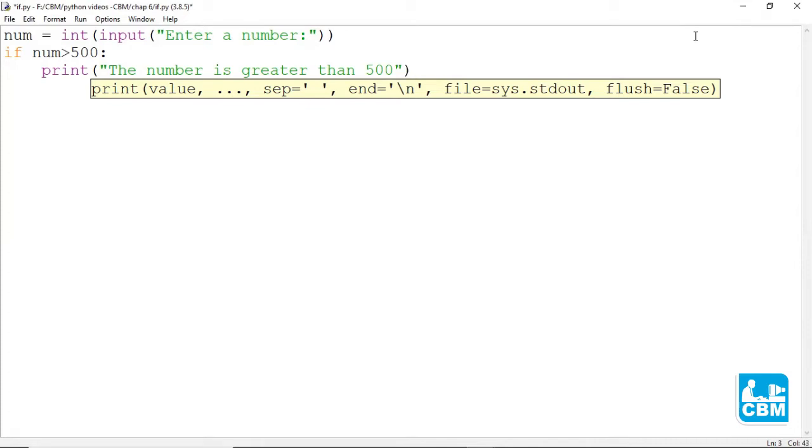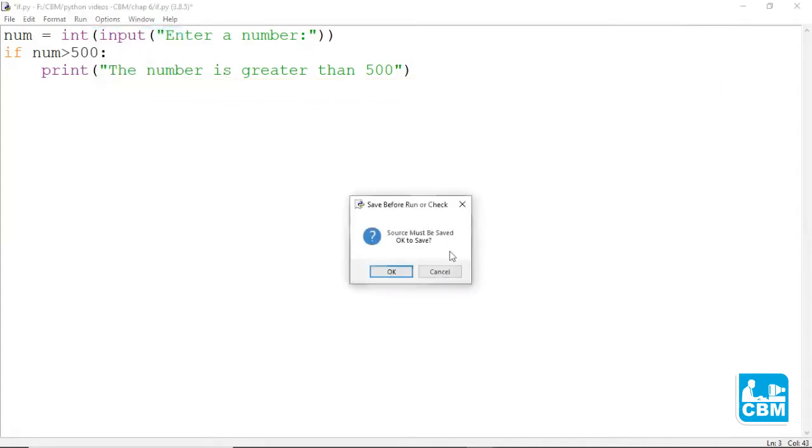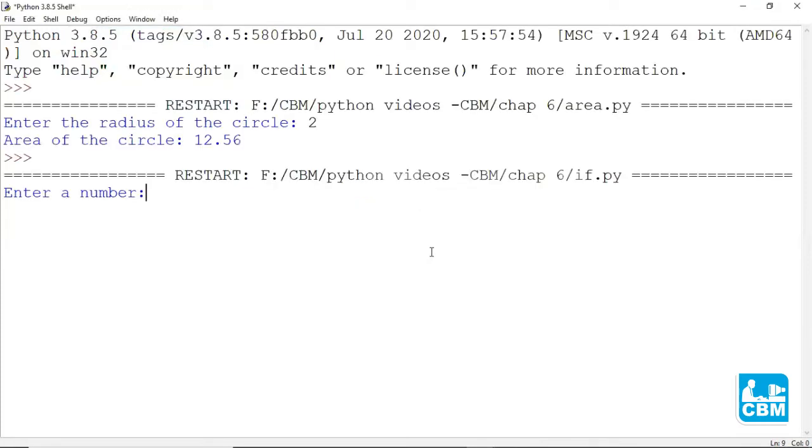Now let's try to run this program. Run, go to run module, click on OK. It is asking me to enter a number. I'll enter the number 700. Enter. So it has printed the number is greater than 500 because the number that we entered, that is 700,